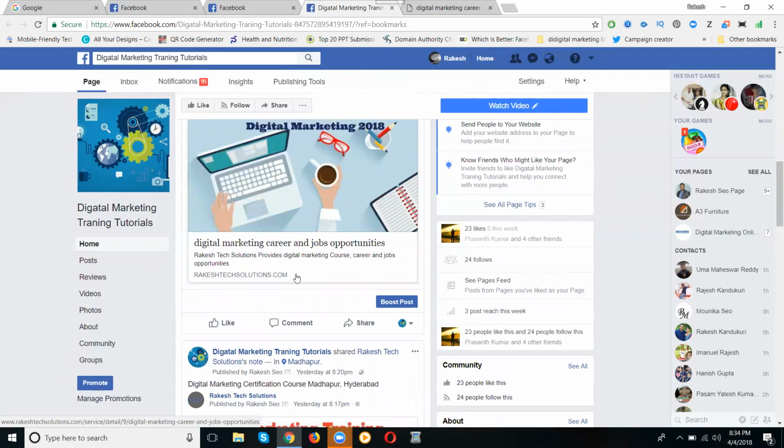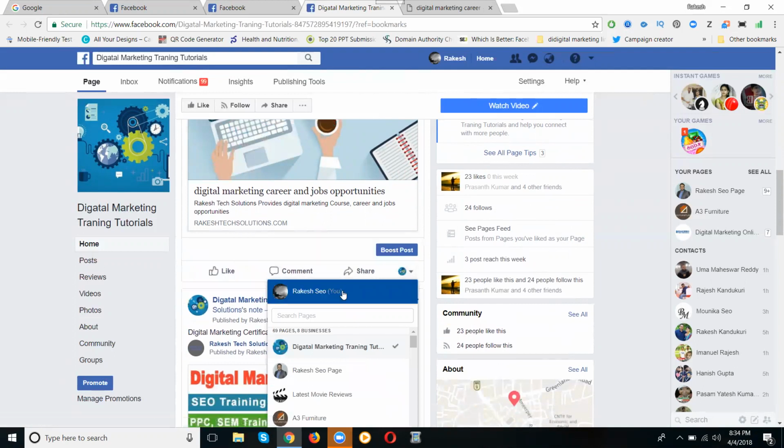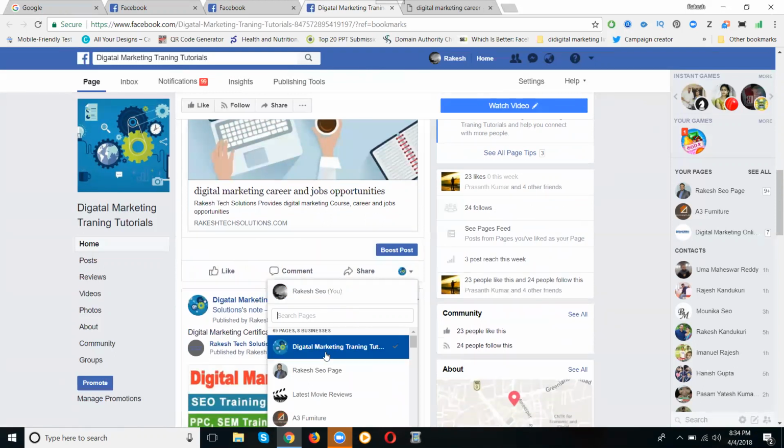From the page we can share with Facebook groups, and from one Facebook page to another Facebook page. Now, what are the ways? One is called profile, the second is called page. You can share your content with the profile and the page. But I'm sharing my content from page to groups. Why? I'm increasing my page likes, not for my followers and my friends. I'm looking for page likes and followers.